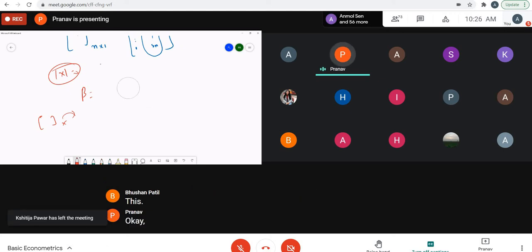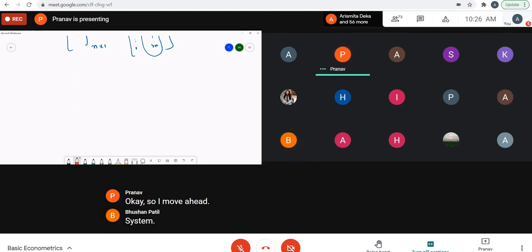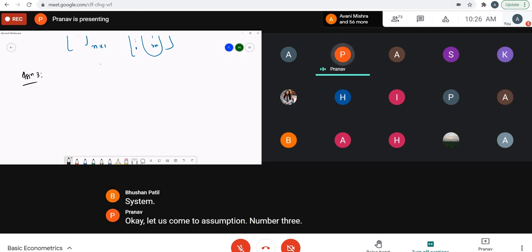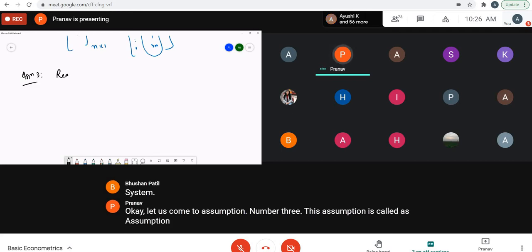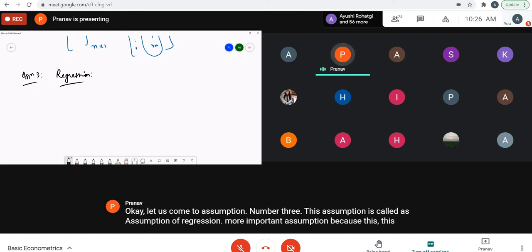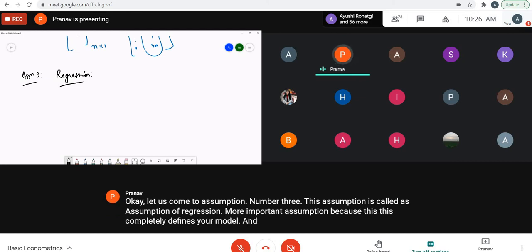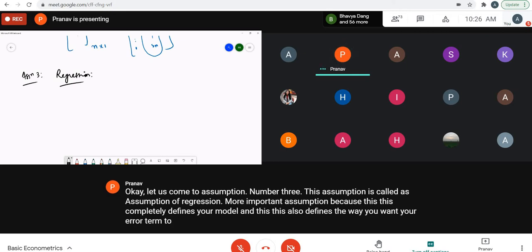Okay, shall I move ahead? Yes, sir. Okay, let us come to assumption number 3. This assumption is called the assumption of regression. It is a very important assumption, because this completely defines your model, and this also defines the way you want your error term to behave in the model. So what this assumption tells us is that the regression or the disturbance